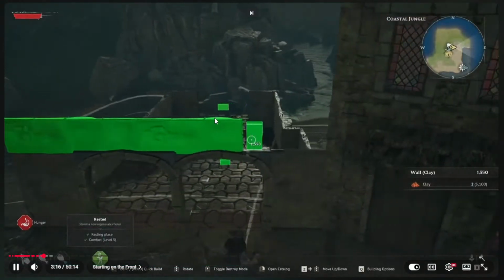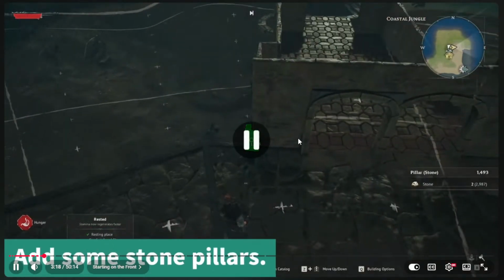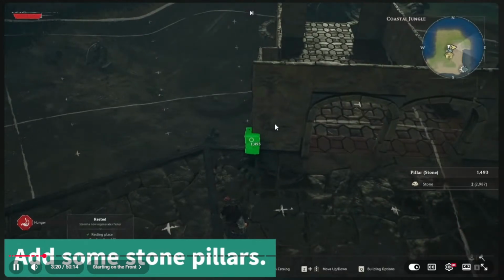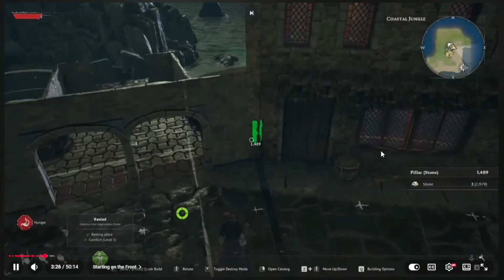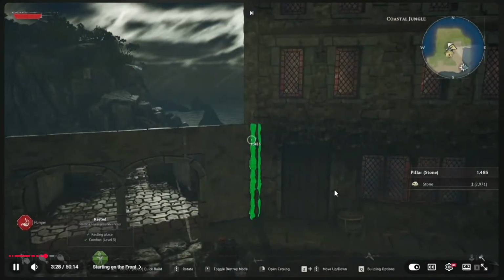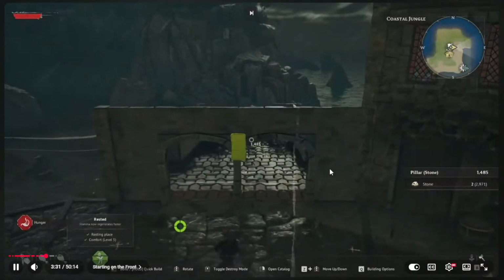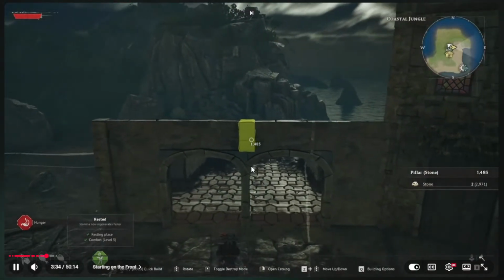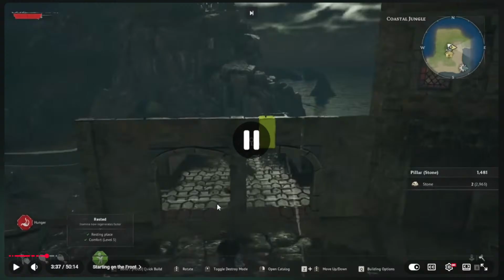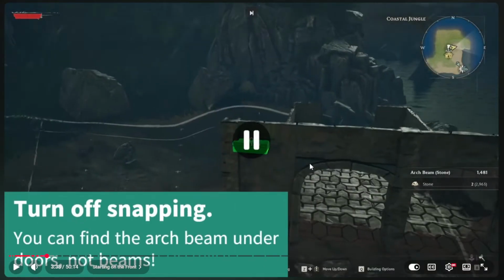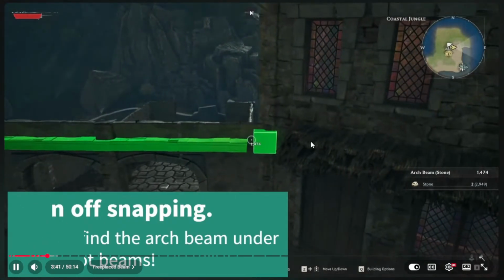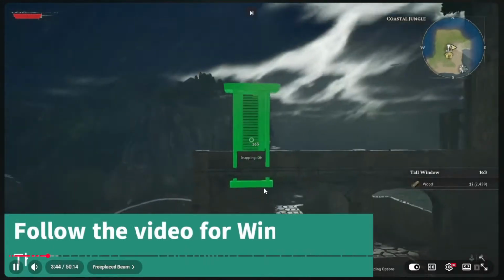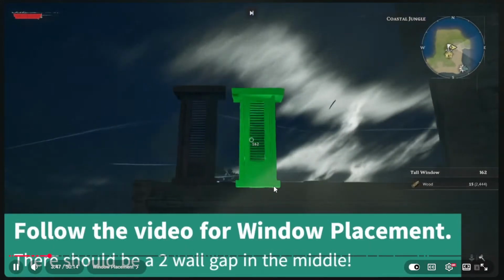Then we're adding a layer of walls here. And then you can leave the stone pillars till the end, but I am adding in stone pillars here. And you're going to add stone pillars to the center. So, to place this arch beam, I have turned off snapping, and it's just slightly above where the arches are. And then,